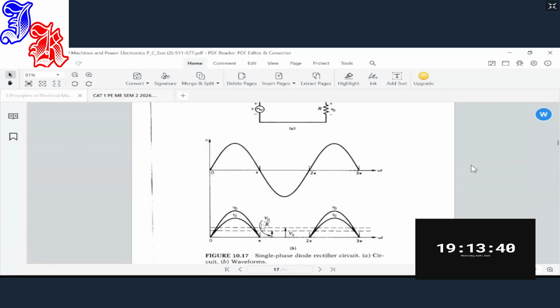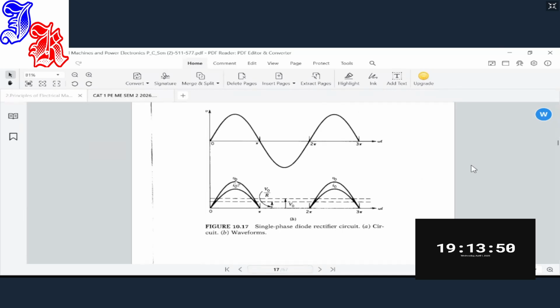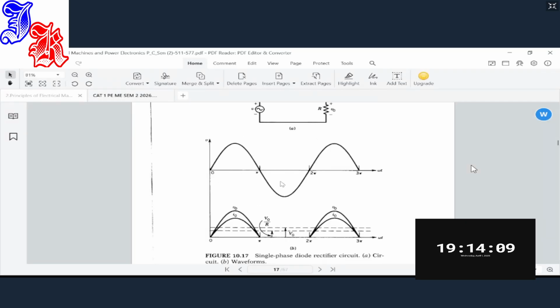The input that we are giving is sinusoidal. This is the input power here, the sinusoidal from the source. But now the diode only allows the positive part to pass, and it is reverse bias to the negative cycle, and so it blocks the negative cycle. All the positive cycle will be allowed to pass through the diode, but all the negative cycle will be blocked because of the reverse bias